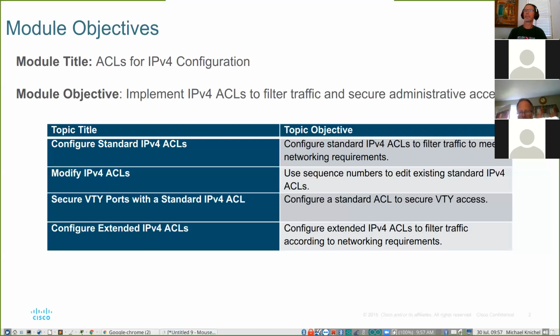Now, it's possible that you're remoted into a router from somewhere else in the world, but that's okay. As long as you can open a text editor, you can still paste the ACL into your terminal window and it'll work. Remember, it has to be just a plain text editor. It cannot be Google Docs, Microsoft Word, or LibreOffice. It has to be just a plain text editor.